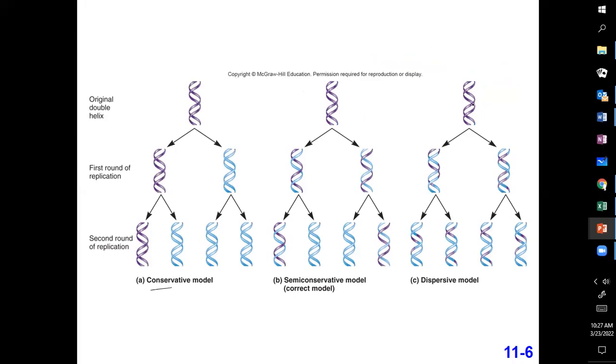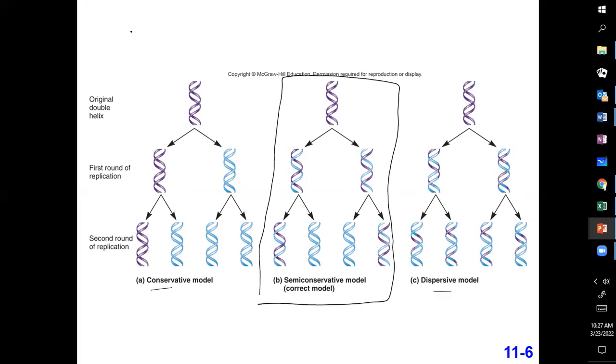You could have a dispersive model where you get this mixture of both parental and newly synthesized strands in each of the daughter molecules of DNA. That would be the dispersive model. But what Meselson and Stahl discovered, like I said, we won't do the actual experiment, is that it's a semi-conservative model where the parent DNA strands